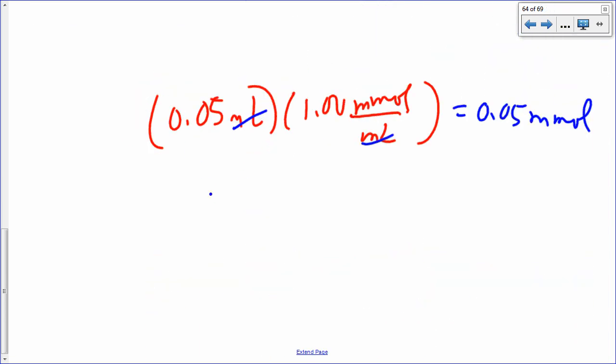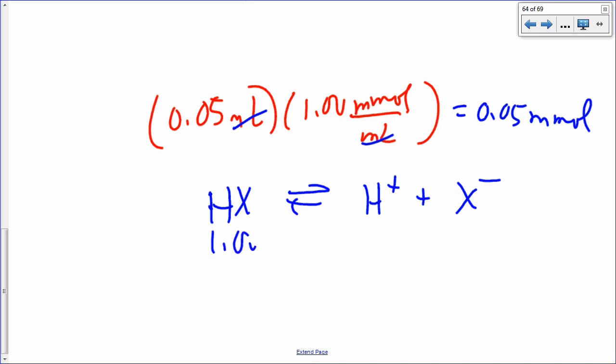So you have your HX, right? H plus, X minus. And you have your HCl. So you have your 1 molar here, 1 molar here. Okay, that's your initial concentrations. You can just ignore that H plus for now. You can say your HCl will provide, since that's negligible, 0.05 millimole